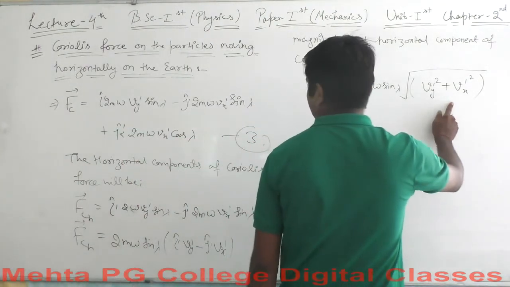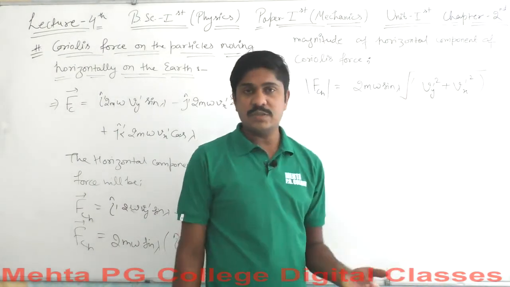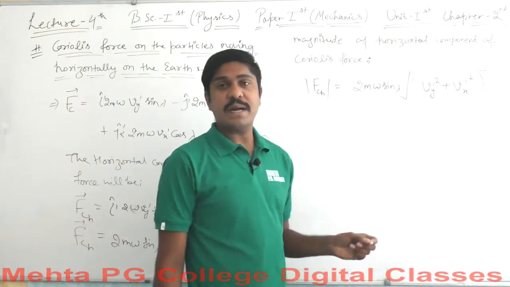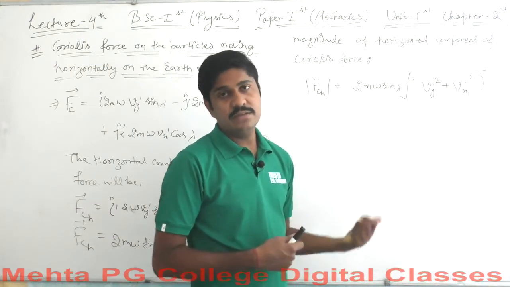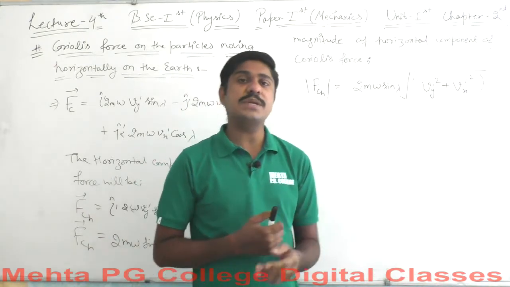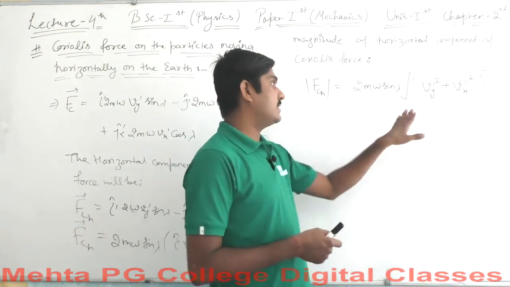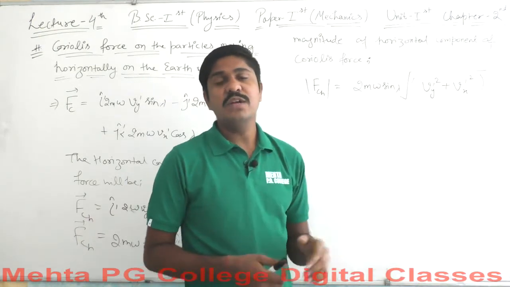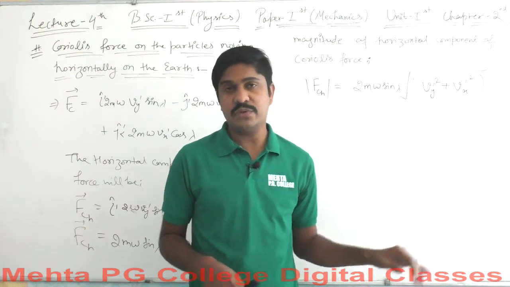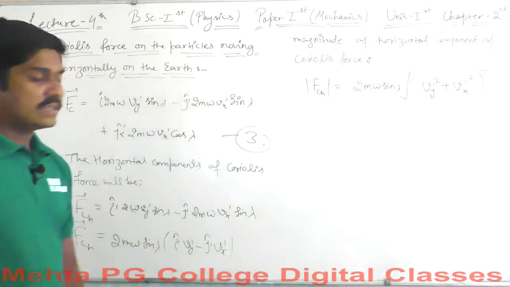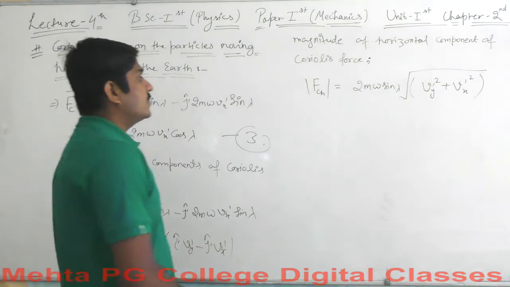Again, what is this quantity equal to? If you remember the previous equations, the equation of the velocity of the particle, for the velocity of the particle we assumed these things are equal to the velocity v. And for the velocity v we got the component in magnitude form, so this value must be equal to the magnitude of the linear velocity of the particle, which is moving horizontally on the earth plane. So we simply say that this will be equal to v dash.